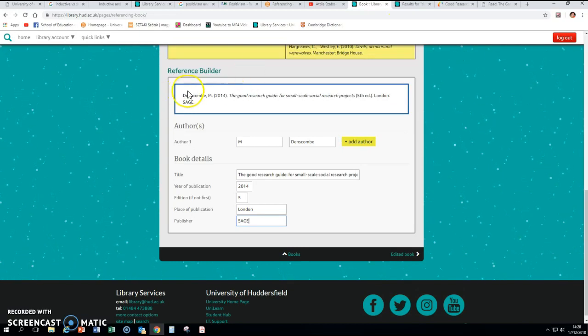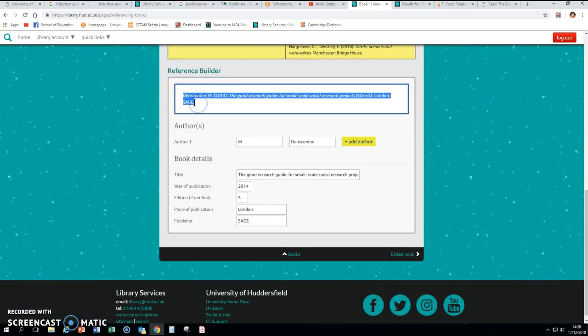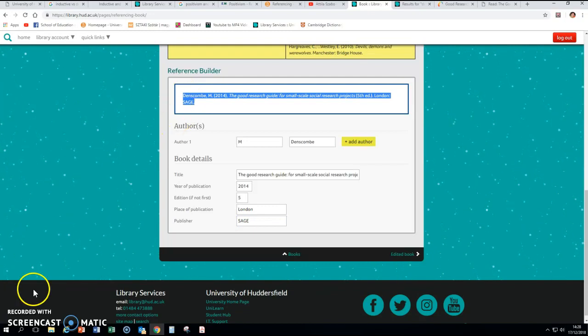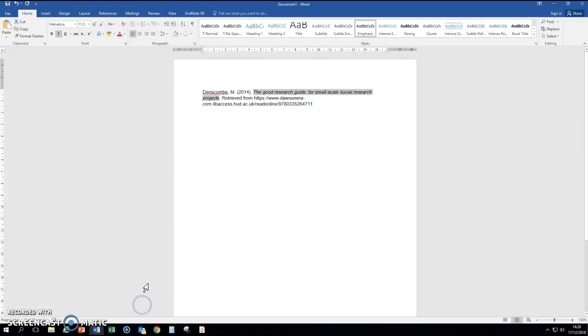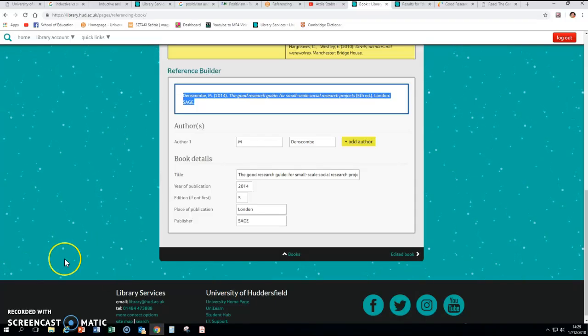And again, here you've got the final referencing. So this is how you should use the library's web page to